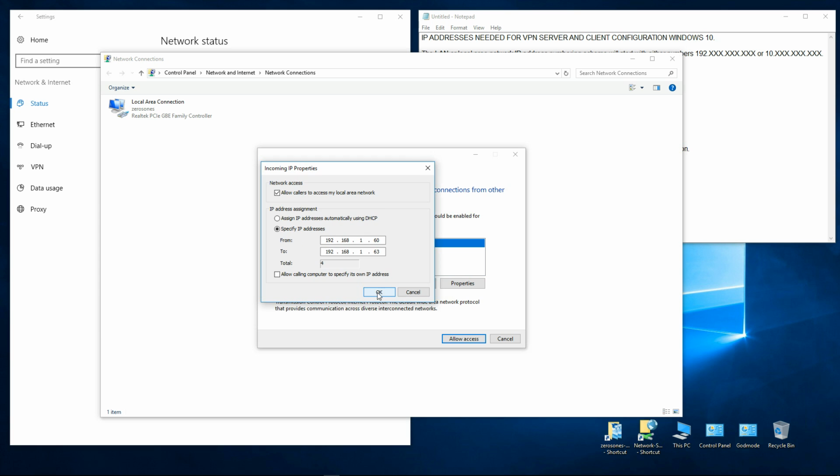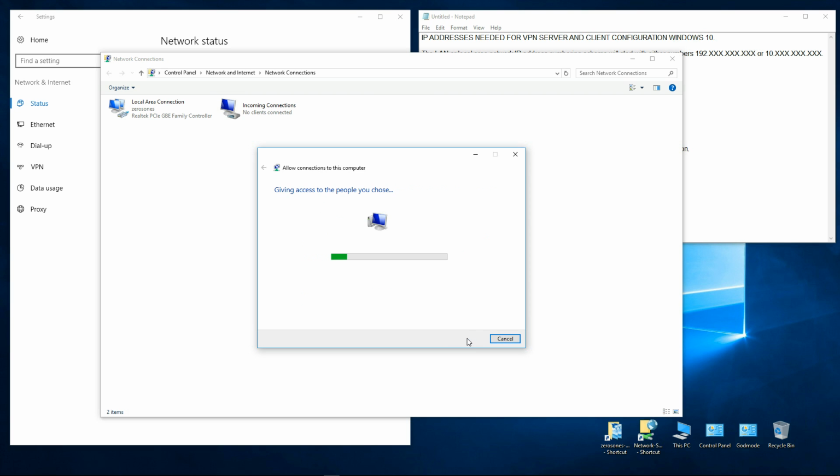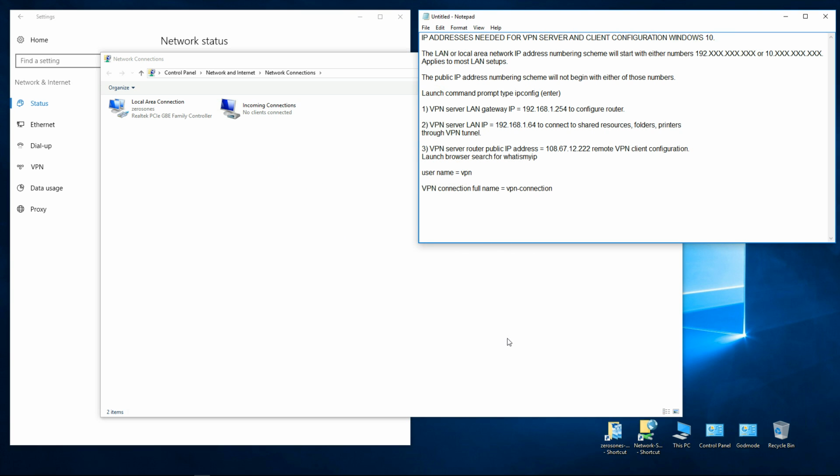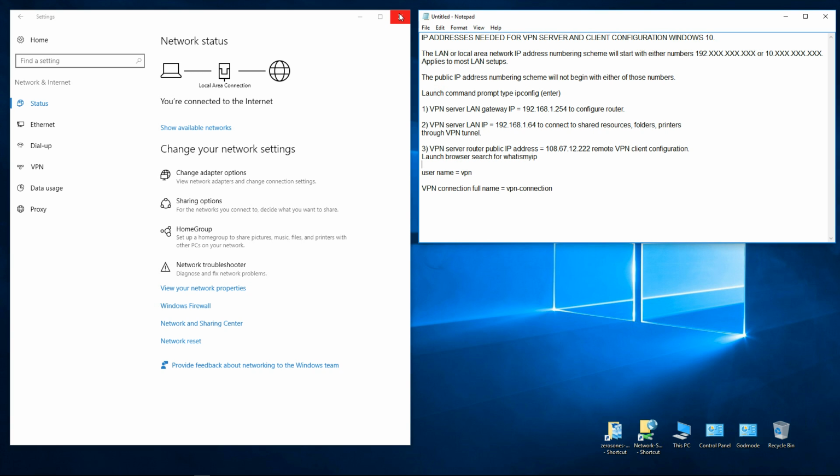Click OK. Then allow access. Click Close. All right, that's that. Now we've completed the actual VPN incoming connection server. Okay. The next thing we want to do